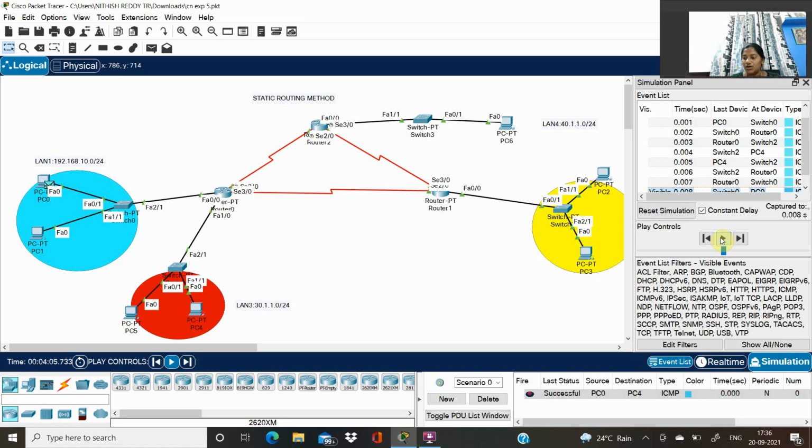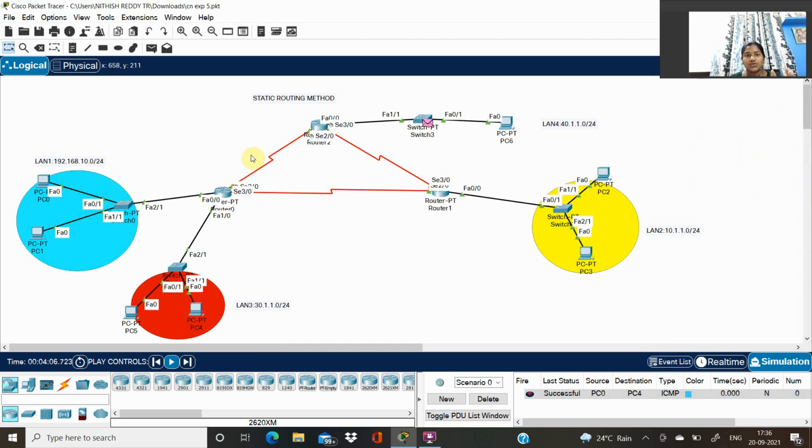So the ping from LAN 1 to LAN 3 is successfully completed.